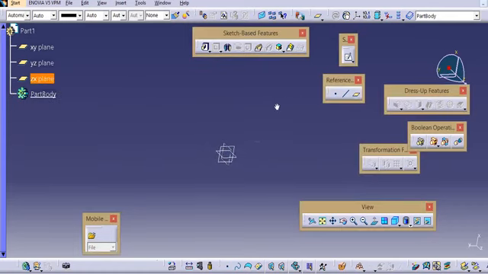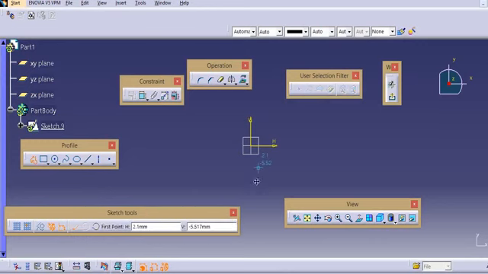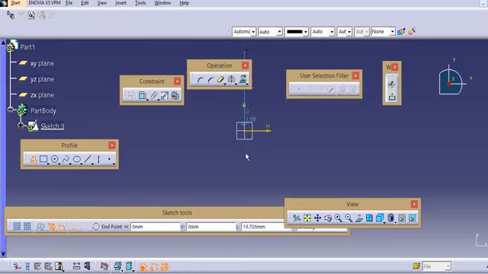Next we have groove. I should create a shaft for groove. I will create one sketcher for shaft. Closed profile for shaft.